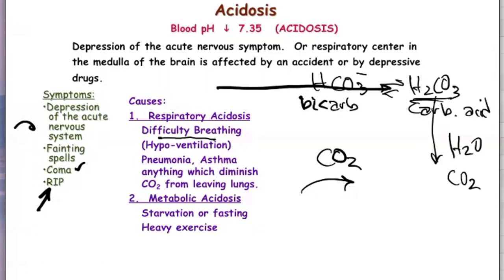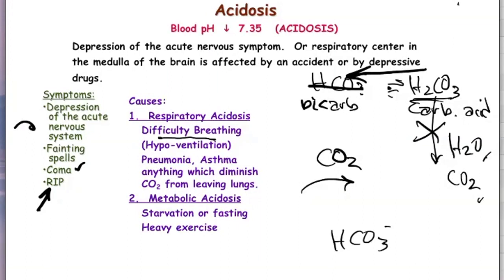right here. Okay? But suppose we have a difficult time breathing, so this channel is suppressed. What will happen, of course, is that if that channel is suppressed, then this whole equilibrium right here will start shifting to the left. And if you start shifting this equilibrium to the left, then you have a solution that is going to be more acidic, because what happens is that